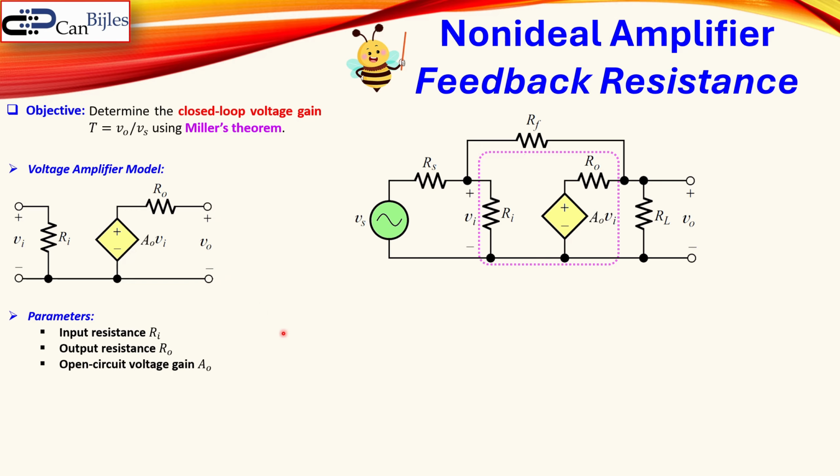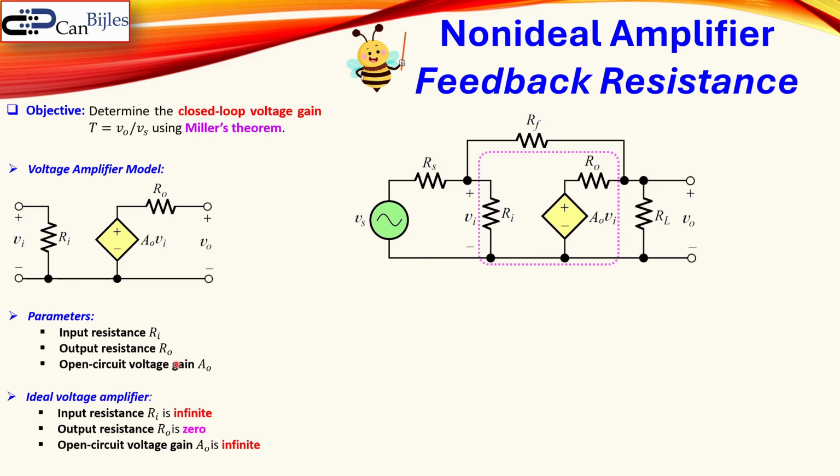opened. In the ideal situation, the ideal amplifier will have an infinite input impedance or input resistance. The output resistance will be 0, so it will be effectively a short, and this will be effectively an open, since this is infinite. And the A0 value, which is the open circuit voltage gain, is also infinite. That's most of the time what you consider in the first try, and then you make the model more accurate and